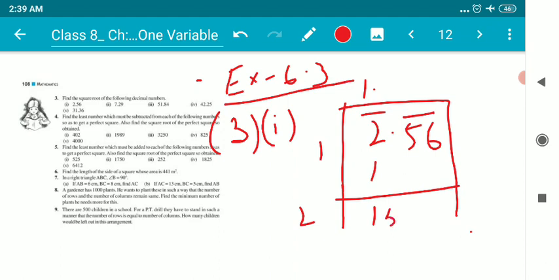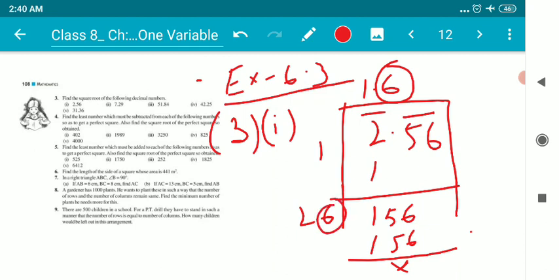Now, children, bring down 5 and 6 together. Now what is our job? We need to imagine a number which is to be kept over here, in both the divisor and quotient place, so that I get 156. The number is 6 and the number is 6. 6 into 26 results in 156. That's all. Because the number which I take over here, 6, I have to take here also, so that by multiplying 6 into 26 I get 156. So this is how we will get the answer of such questions.